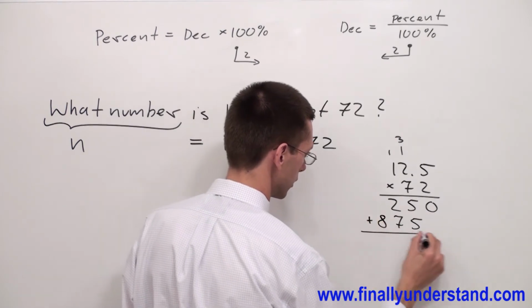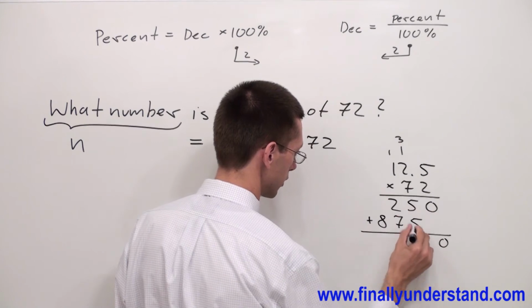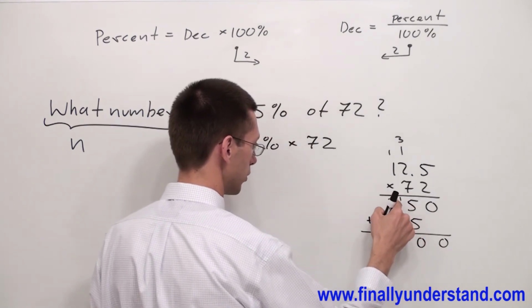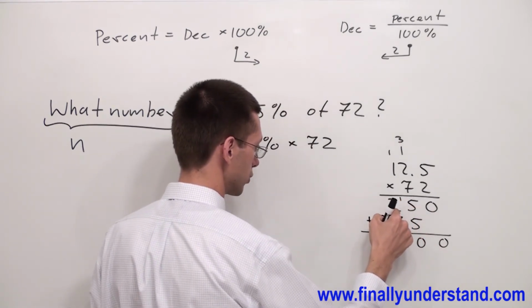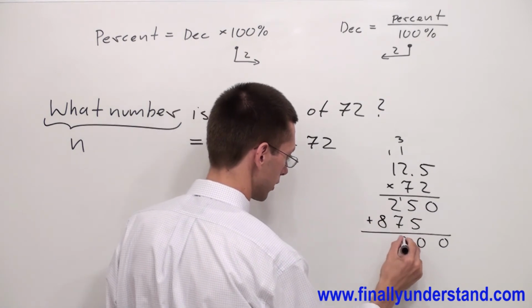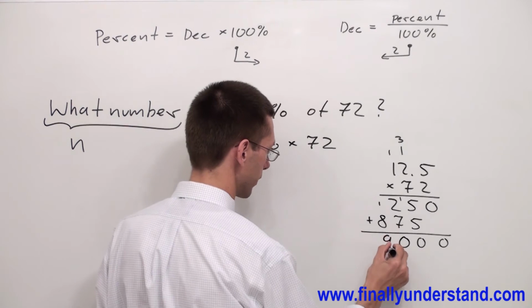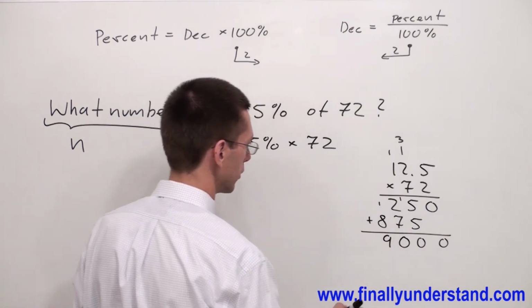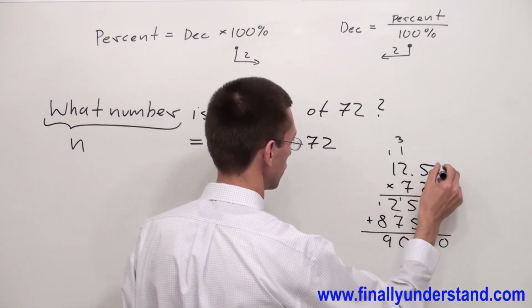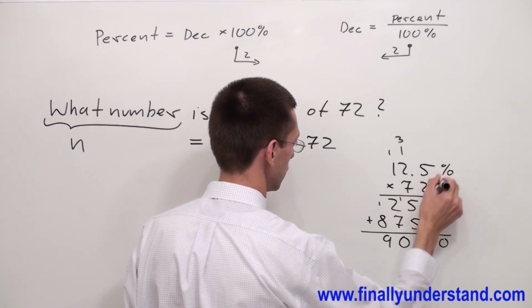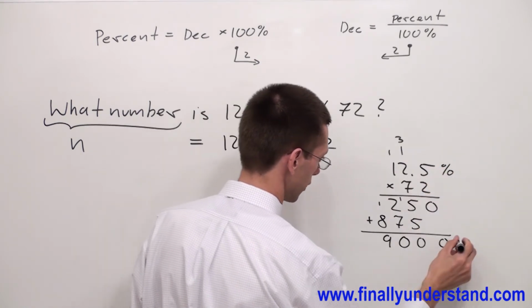Plus 0. 5 plus 5 is 10, carry 1. 1 plus 2 is 3, plus 7 is 10, carry 1. 1 plus 8 is 9. I got 9,000, and don't forget that 12.5 is with percent. That's why I have 9,000